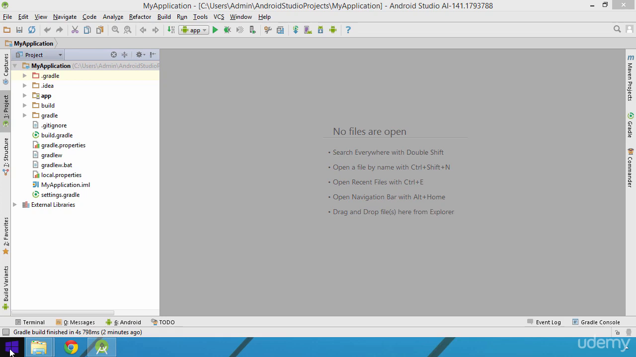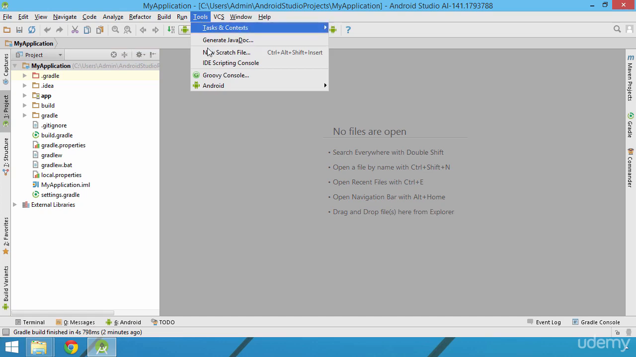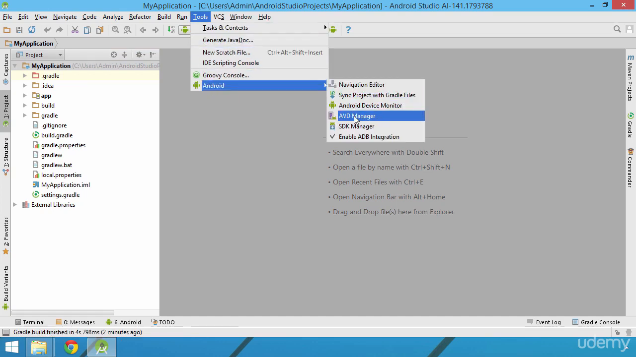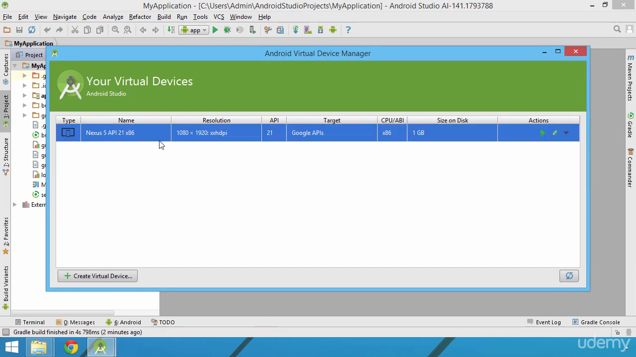is working as expected. You can access the Android Device Manager or AVD Manager either by clicking the toolbar icon that looks like a phone with an Android head on the bottom right corner, or by accessing the Tools menu and then going to Android and selecting AVD Manager from here. By default, during installation, Android Studio creates a Nexus 5 virtual device that you can use to test and debug